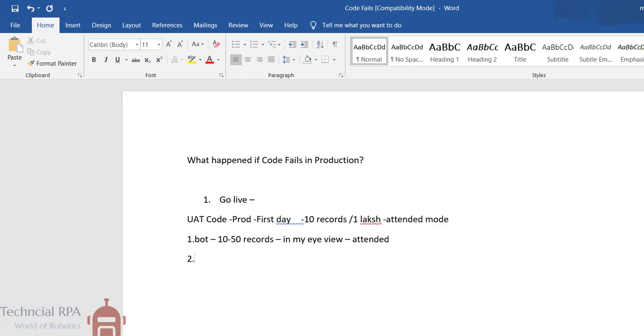Suppose the bot is running in the prod environment with 1 lakh records as real values. In that case, if the bot fails, what happens? Usually, a bot fails for three main reasons. The first thing,